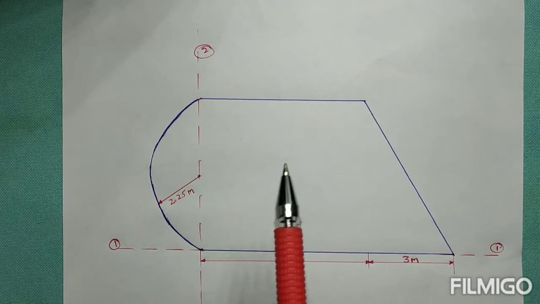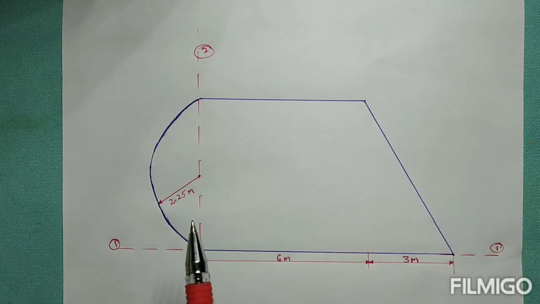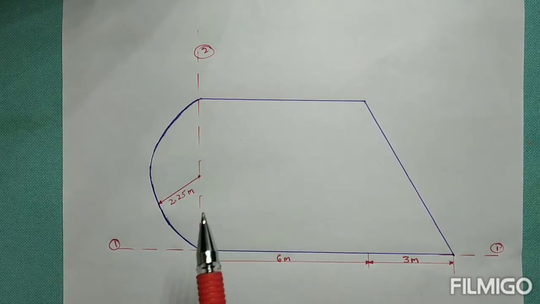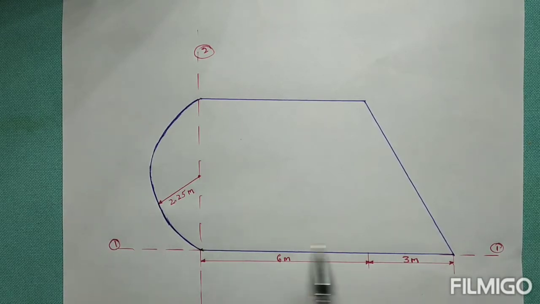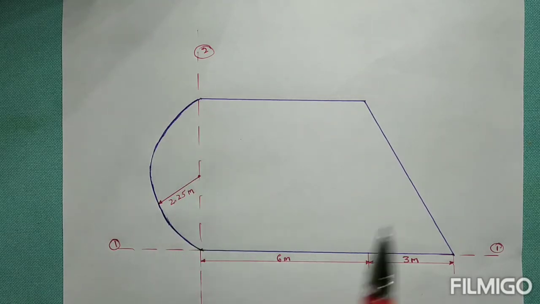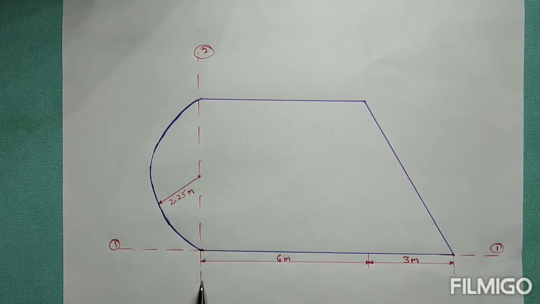For that, first of all you have to divide the components. I told you in this figure you have three components: a semicircle, rectangular and triangular. Then you have to find the CG of each component, and also the reference axis. The reference axis is already given. One is at the bottom, that is 1-1. The next is at the side of the semicircle, that is 2-2. With respect to these two reference axes, you have to find the center of gravity of this section. At the end you will get the coordinates of your CG, that is x bar and y bar. Then you have to plot it.